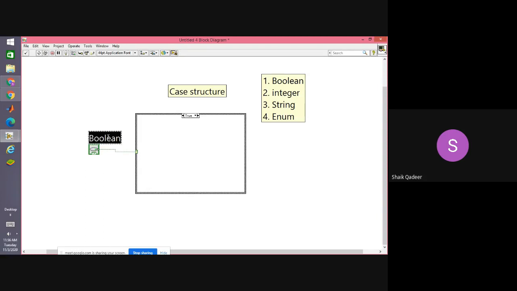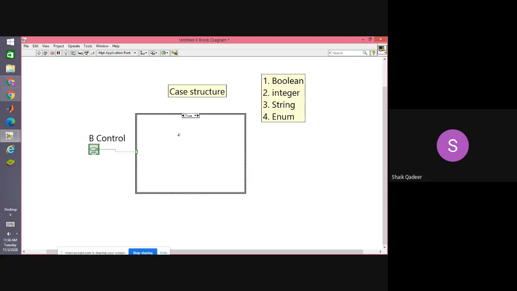You can write it as B control. There are 2 blocks under this case structure, one with the title true, another with the title false. I will write code in the true block and also in the false block.